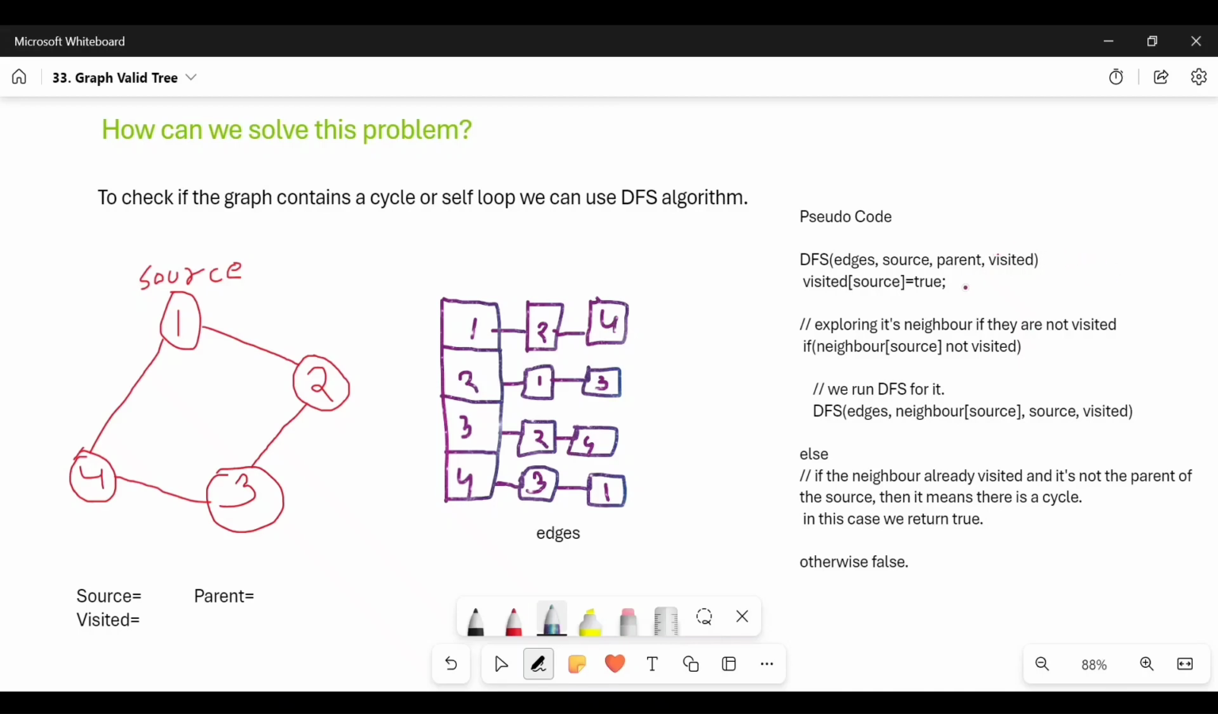So in this function, first of all we visit the particular source that we get, a node. Then we start exploring its neighbors if they are not visited. If the neighbor is not visited, we run the DFS for the neighbor and make the source its parent. And if the neighbor is already visited, we will check whether the neighbor is not its parent,